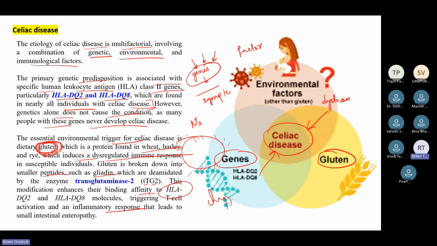So this slide shows that despite having DQ2 and DQ8, it is not at all sure that you will have celiac disease. You can expect celiac disease when you are eating a gluten-rich diet and activating your DQ2 and DQ8. You are increasing the affinity of gliadin to bind to DQ2 and DQ8, and after the binding, T cells will be activated because they show the immunological, inflammatory response that leads to small intestine enteropathy, and your villi will be damaged. The morphology of this will be